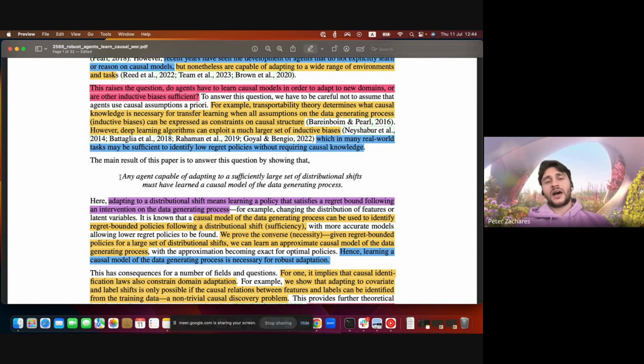So underlying robustness, there must be a causal model of the world. That's what this is saying. And this type of result,